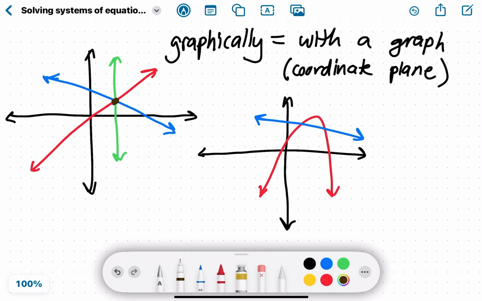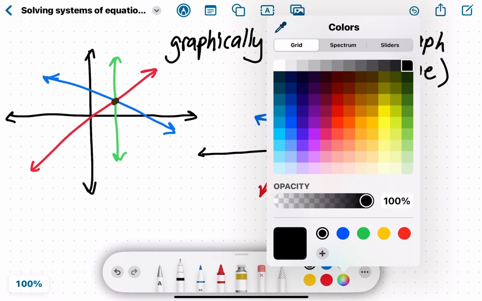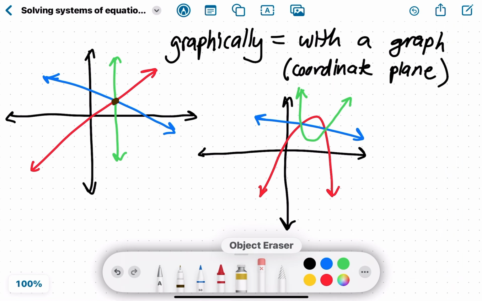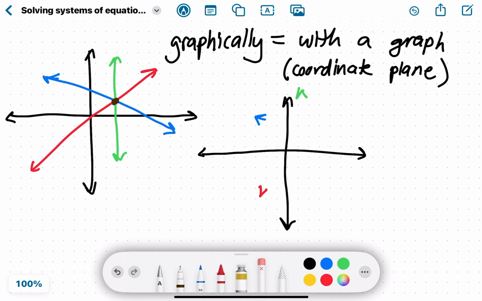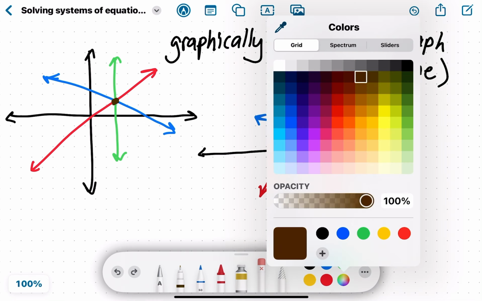So that would also solve the system of 3 equations. And let's say in this case we have another parabola. These two brownish points